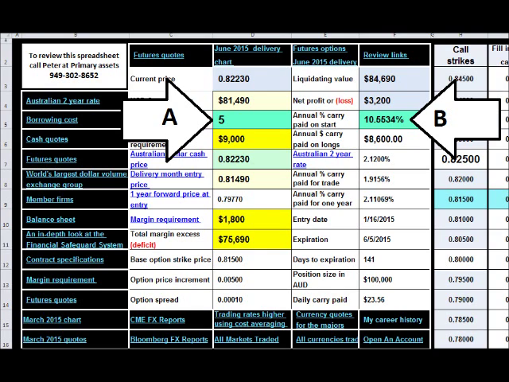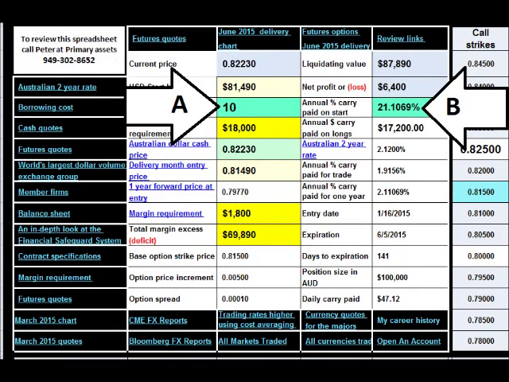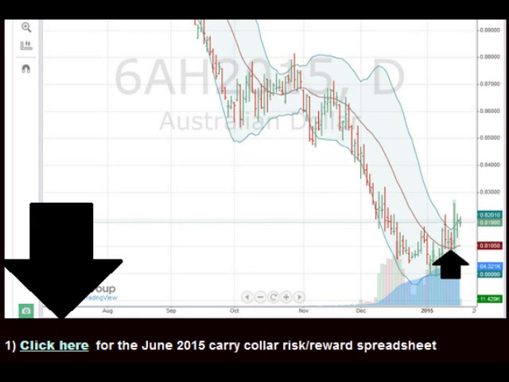at greater than 2.12%. In A, I'm using a leverage of 5 to 1, creating a net return of 10.5534%. In this example, I'm using a leverage of 10 to 1, shown in A, to generate a return of 21.1069%, shown in B. The way these trades are structured, risk is defined on the trade-in for the duration of